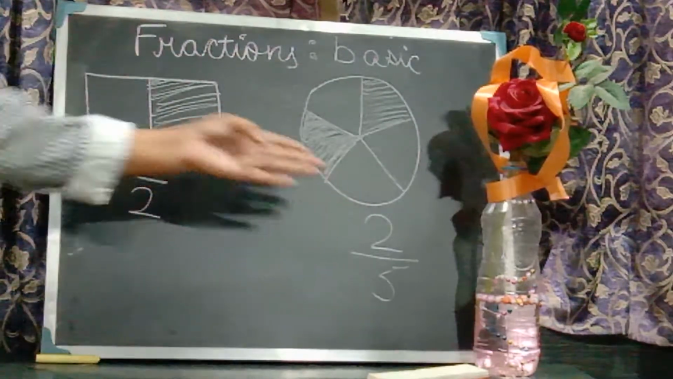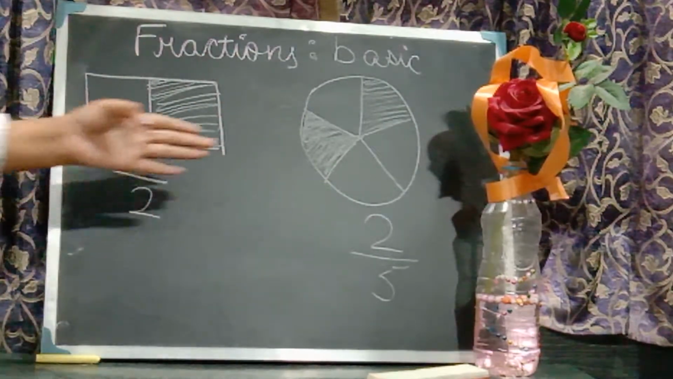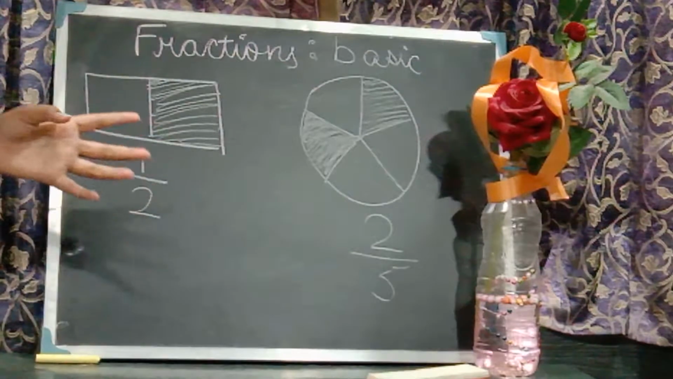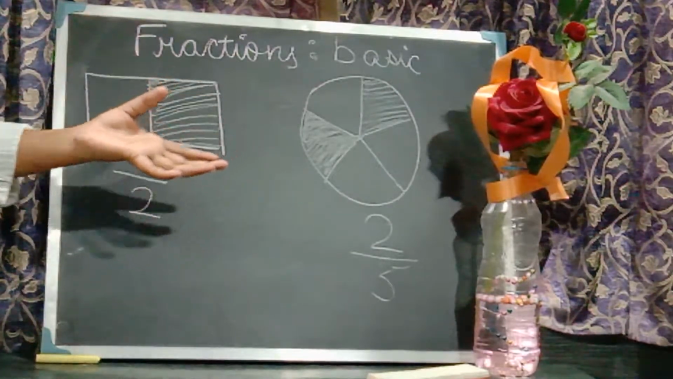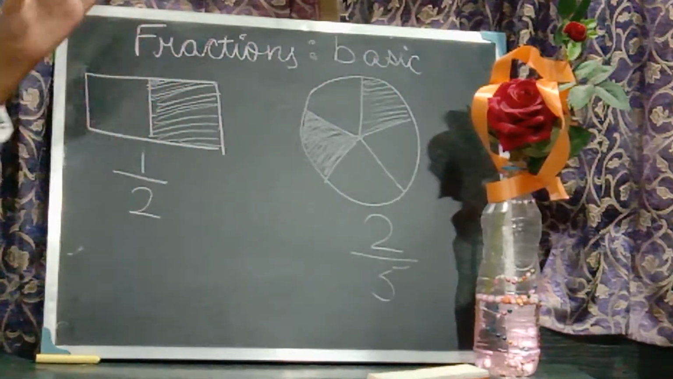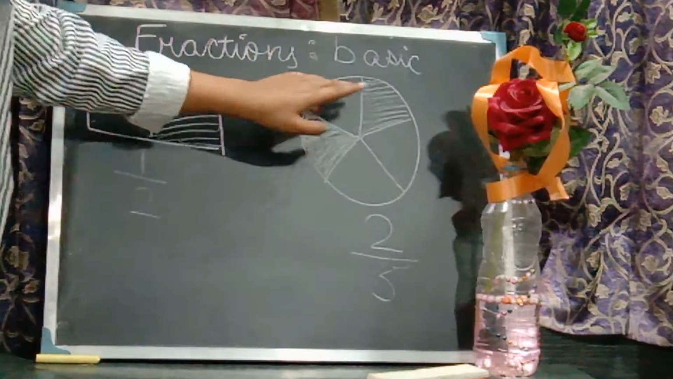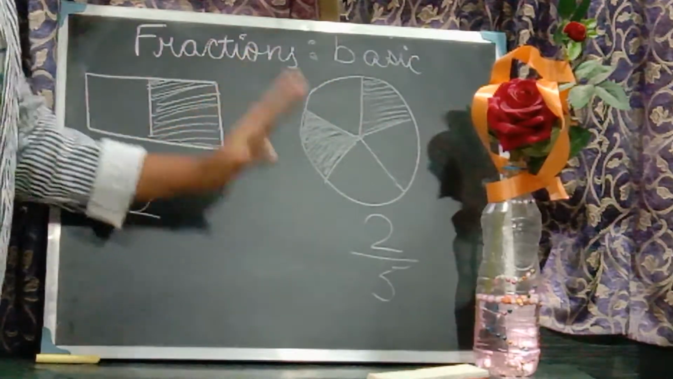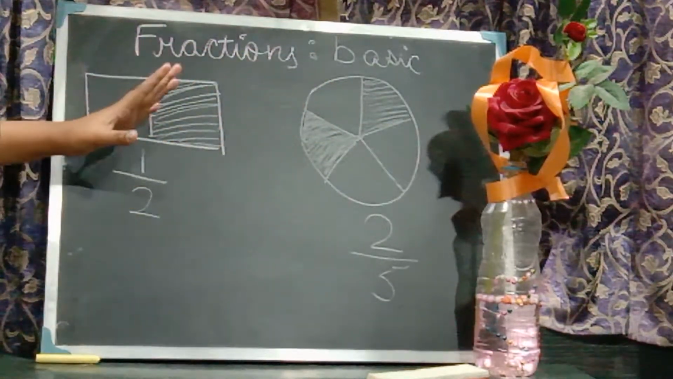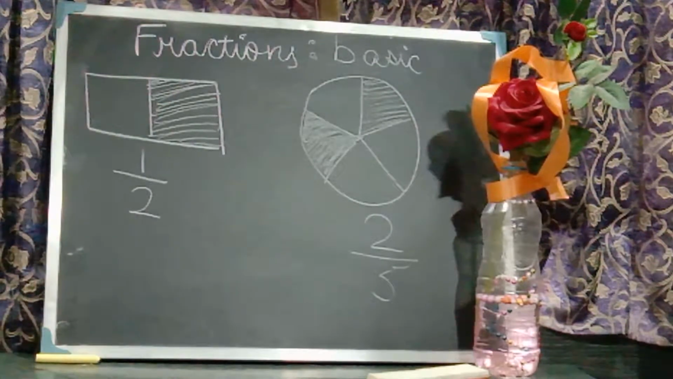Fractions like 1/2 and 2/5 are fractions that are a part of a whole, and these are all equal parts of a whole. This is also an equal part. Okay. Now